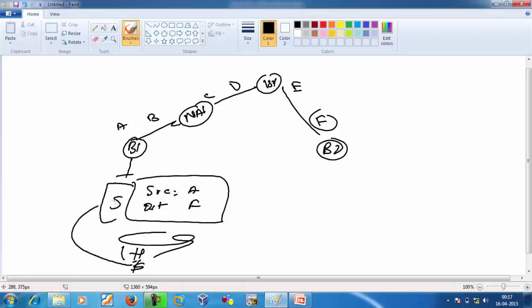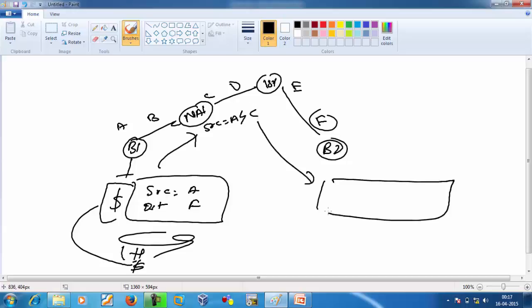Now this hash product goes to the NAT device. The NAT device will translate the source, A will be translated into C. When this packet arrives here, the source is C and the destination is F. Again it will verify and hash it.